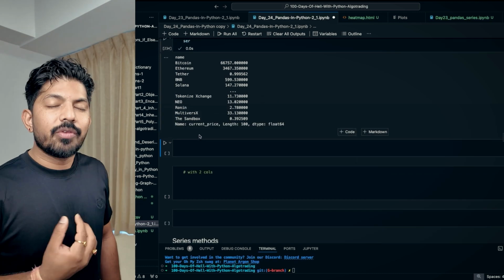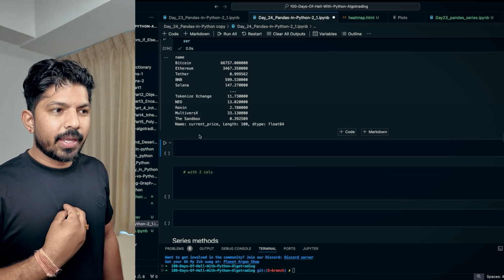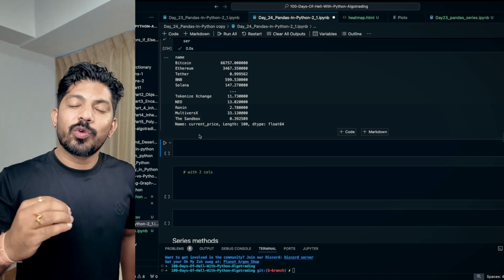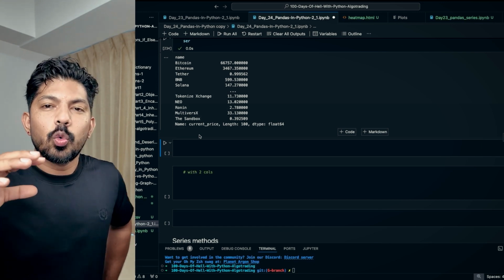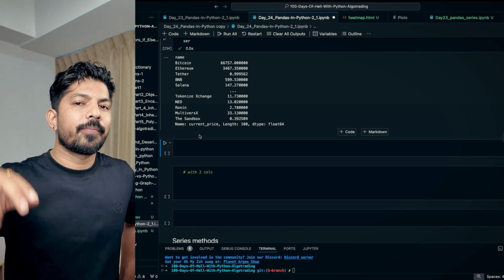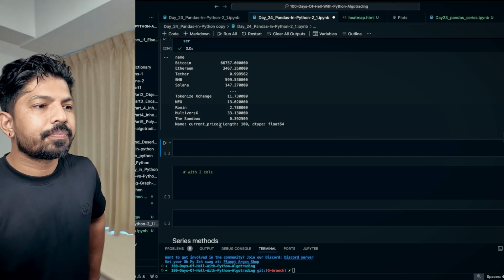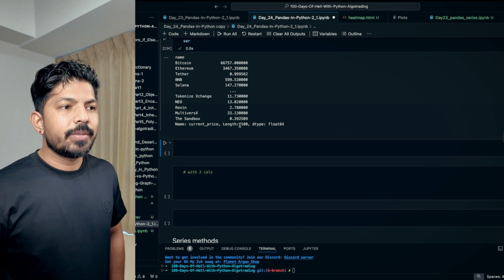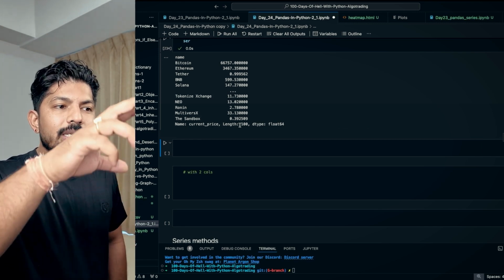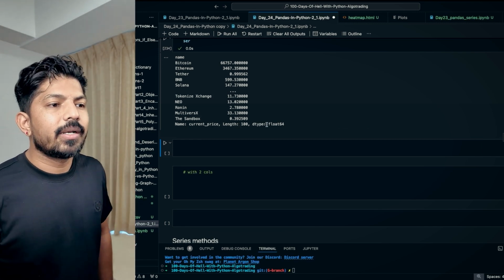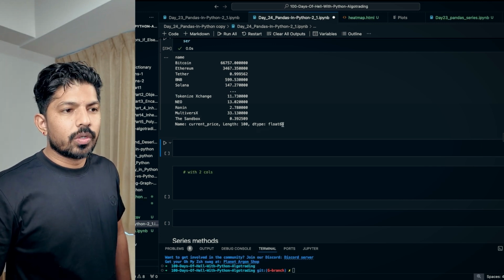So it will take that name, and we can also give our custom name. And now you can think that when we want to create a CSV file and you are wondering how we can give the column name, that's how you can give the column name, which we have just learned, right? Then it is giving us the length. Length means the total number of values in that particular column,